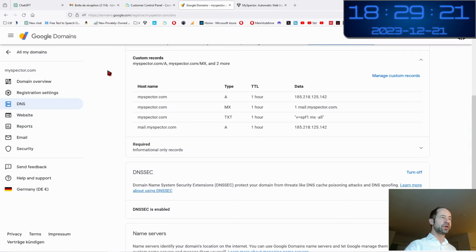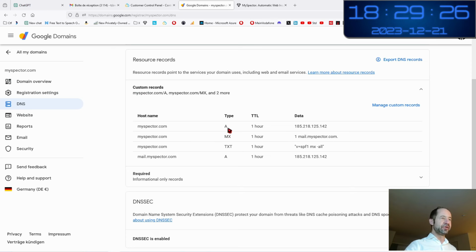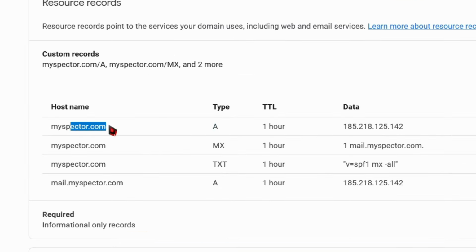And one more time, you can see that this is my current DNS setup. So I have a type A for myspector.com, an MX type for myspector.com, which indicates that my email exchange is mail.myspector.com.